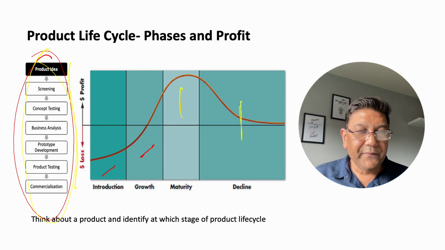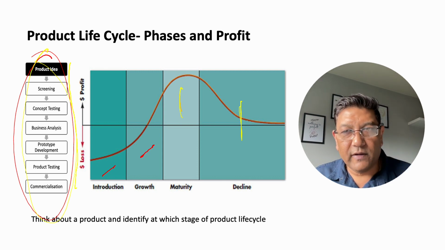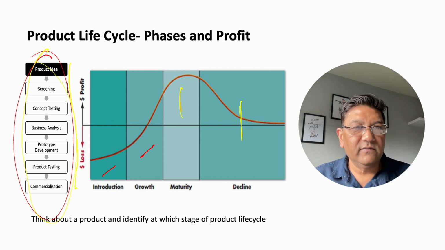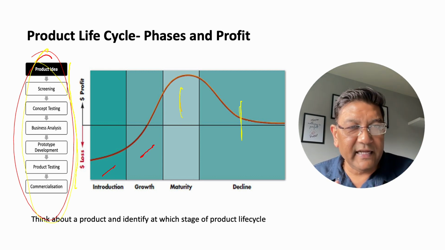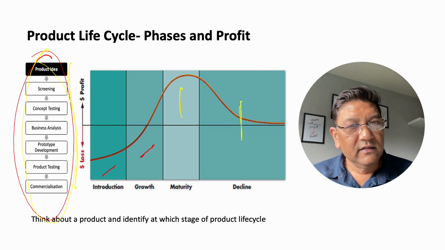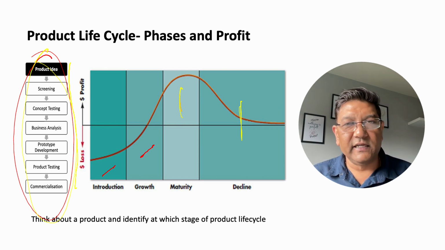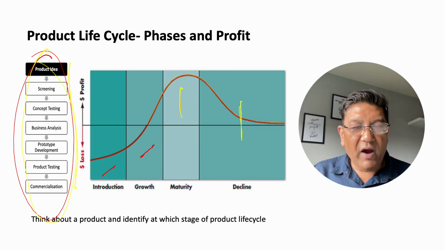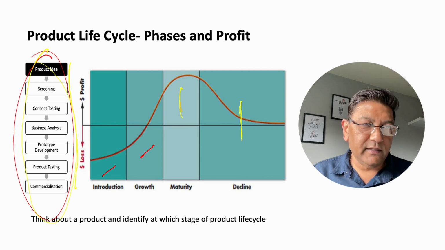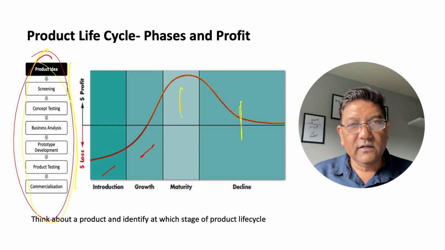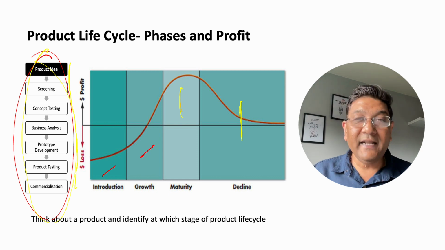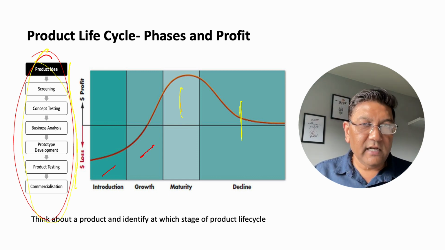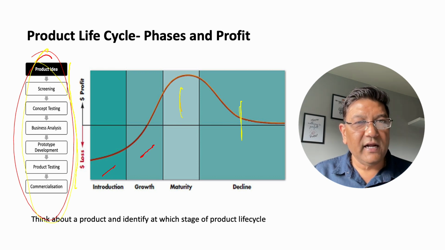Now, just to give you an idea, Apple iPhone: every year they come up with a new version of the iPhone. iPhone 6, 7, 8, 9, 10, which is X, then 11, 12, 13, 14. Now it will be 15 or 16 or whatever. So they are coming up with a new product every year. Why do they need to come up with a new phone every year? Do you change your phone every year? Do people change their phone every year? Is there a need to change the phone every year? Still, Apple is coming up with a new phone every year. What is the reason behind it?